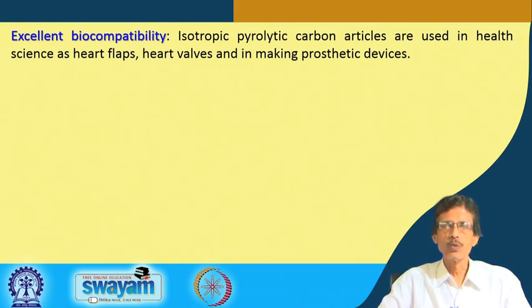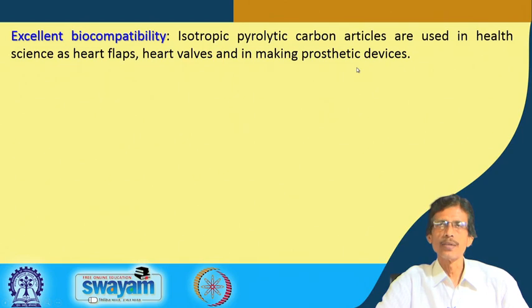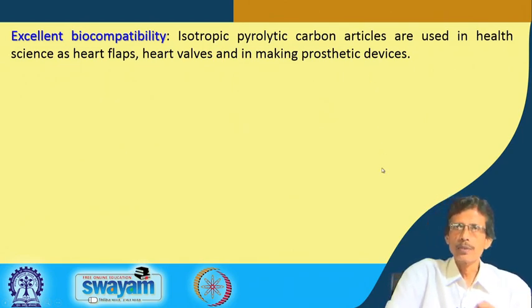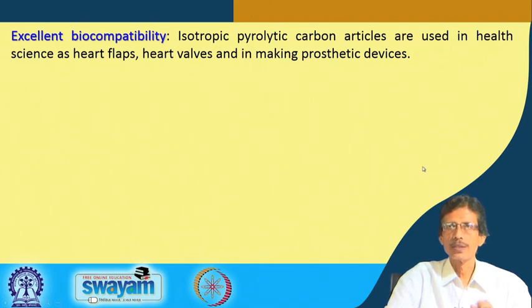So, artificially when we try to make these heart flaps or heart valves, the carbon can be your active ingredient along with some other materials. So, carbon can be your active ingredient for making those, because it has very excellent biocompatibility, and also in making some other prosthetic devices which we can put inside our body. So, if some part, some organ or some functioning thing went wrong, we can substitute those